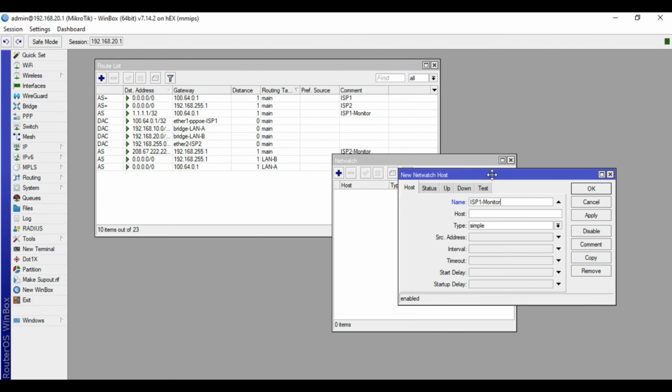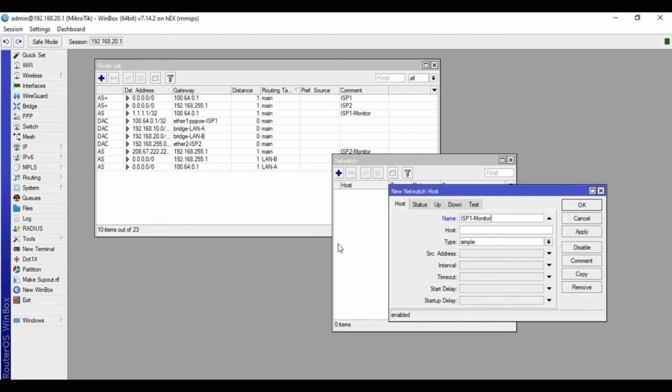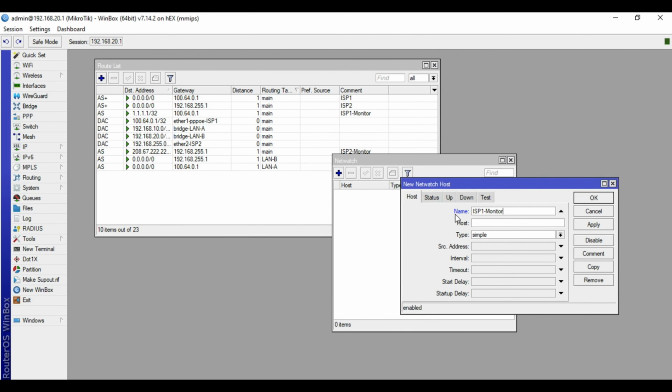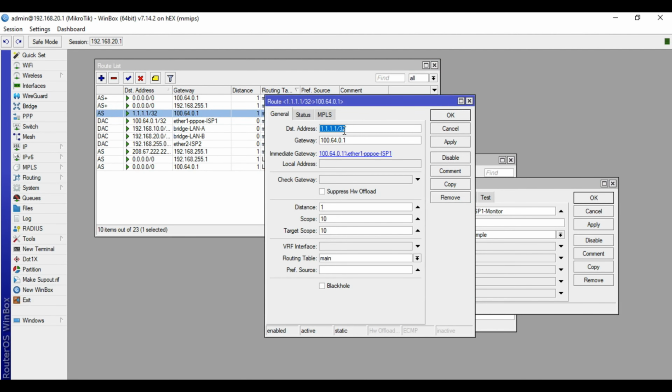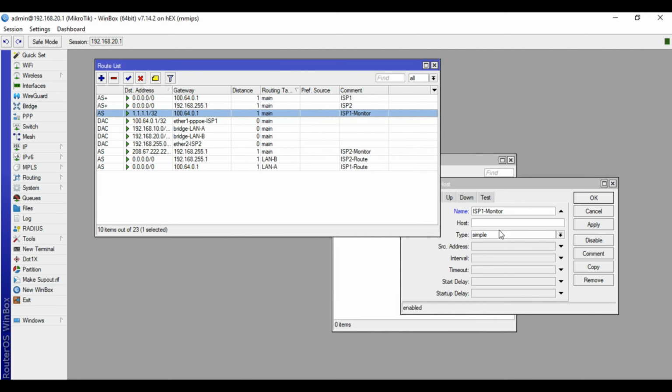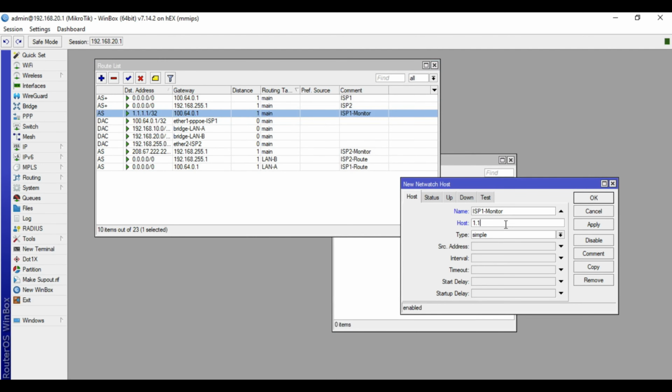We will use NetWatch to monitor the uptime and downtime of our two ISPs. So for ISP1, we put a monitoring IP of 1.1.1.1. So we will put that one in the NetWatch for the host. Then we will just use the default values. Type simple. Then for the interval, I will use 10 seconds.